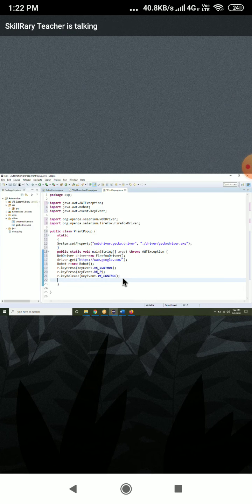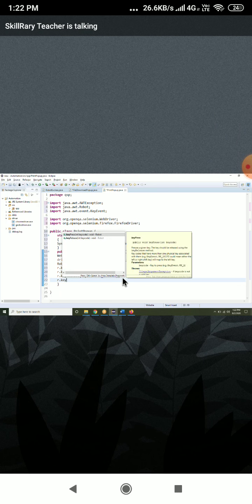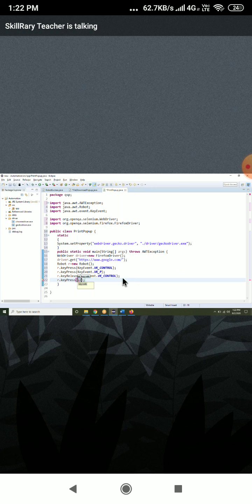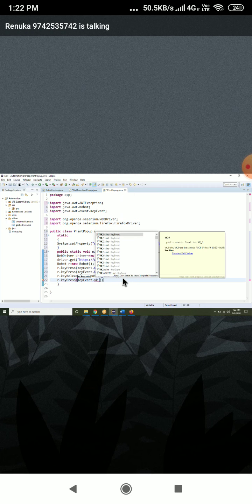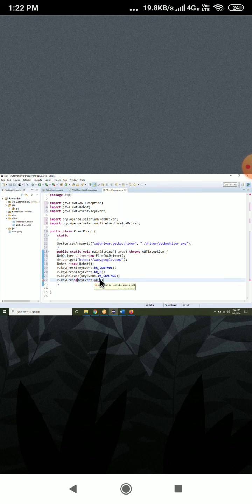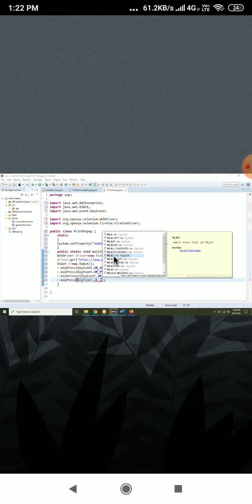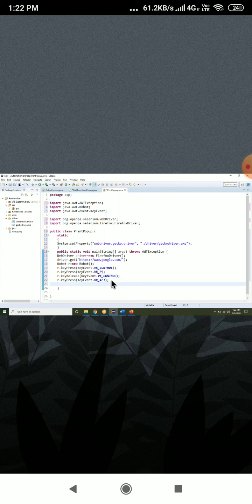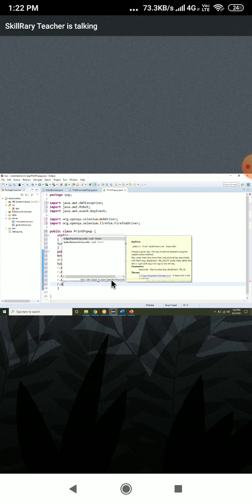How to press Alt G? Tell me how to press Alt G. r dot keyPress, KeyEvent dot VK underscore ALT. r dot keyPress again, VK underscore ALT is done.